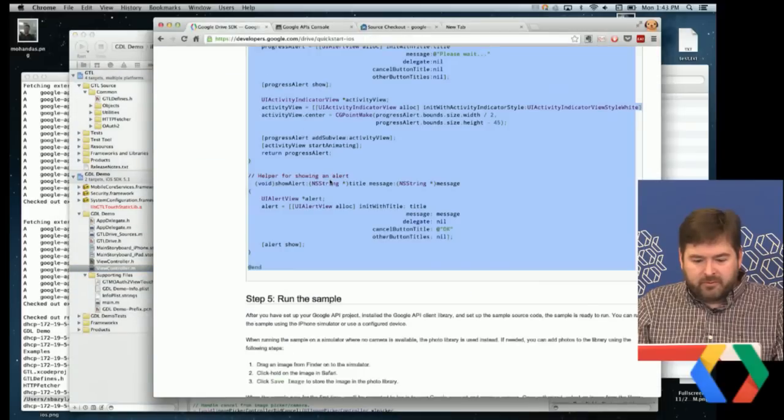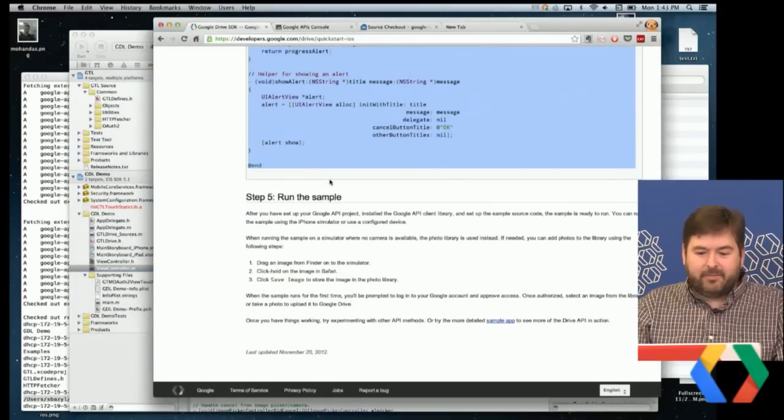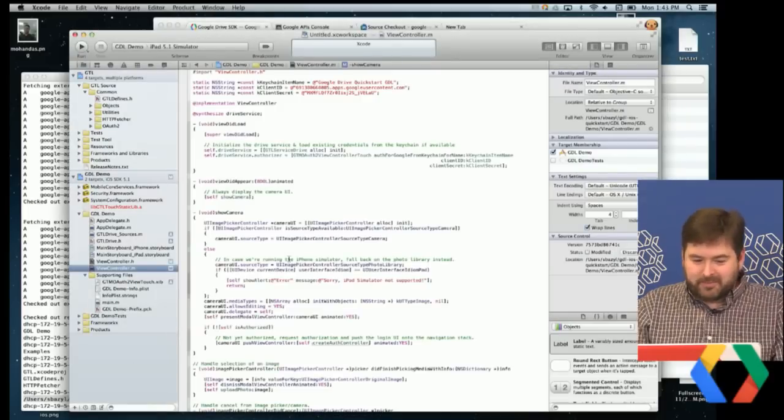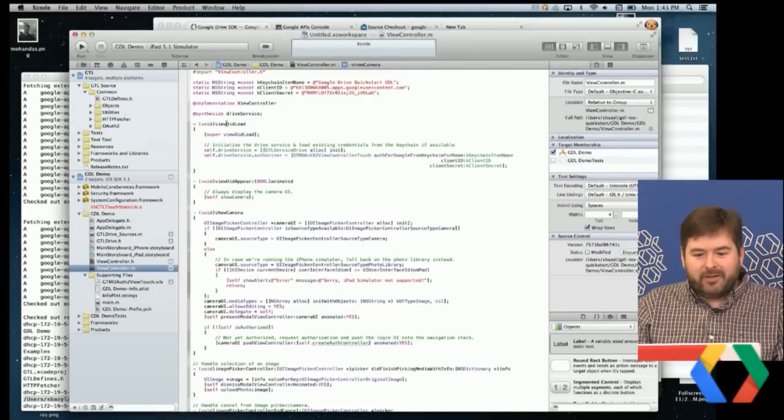And if all goes well, and if I didn't make any mistakes, which is quite possible that I did, we should be able to run this on our iPhone simulator. One thing is, because this application uses the image picker and the camera, on the simulators you don't actually have a camera available to you. So it does require that whatever simulated device you're using, you have some images saved in the photo